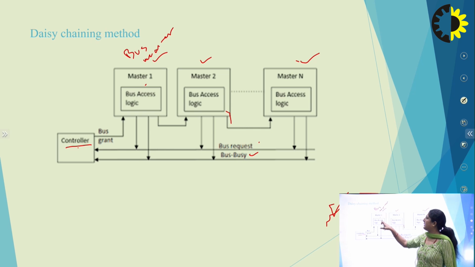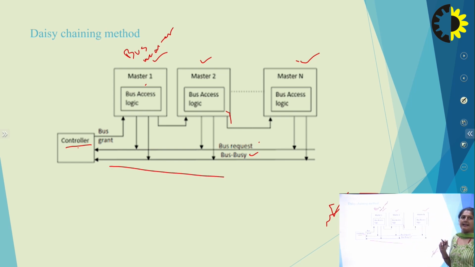When the bus master has done its job, it acknowledges the bus controller that its work is done, and it frees the bus busy line. Then the next master will be called and asked if it wants to be a bus master. If it says yes, it is given mastership; if it doesn't want it, the mastership is offered to another device.